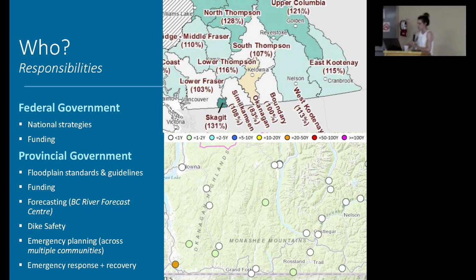The provincial government provides additional funding and guidelines for flood mitigation, as well as forecasting, such as the BC River Forecast Centre, which is the bottom picture there. And then there's the snowpack forecasting, which is the top picture there. They also regulate dike safety and support the emergency response and recovery from floods and other disasters. So on our more local scale,